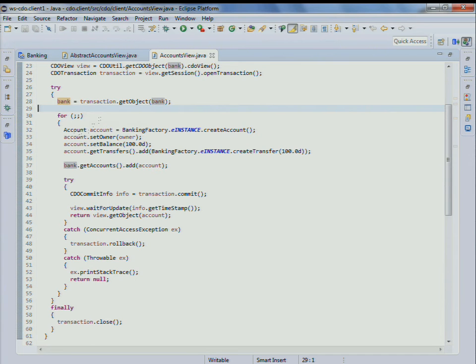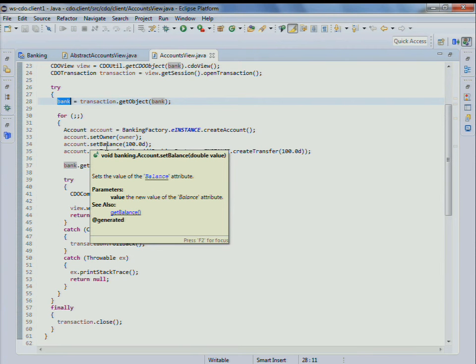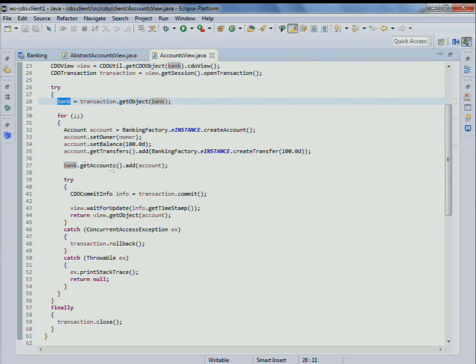Okay, so what do I do then? I have this transactional bank, then I create the new account, set the balance. Here the bank donates $100 already, an initial transfer to the account. The account is added to the bank, then the transaction is committed. And because I want to select the new account, I must wait for the read-only view to receive this notification, and that is done with this small trick here. The return value of the commit